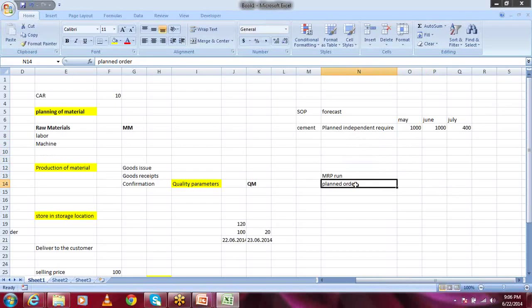If I do not use MPS directly, and I have a demand of 1,000 for cement and go into MRP, where will I see the production schedule? You can see that in MD04, the stock requirement list. If you are executing MPS, you can see it in MS04. There you can see your stock details.